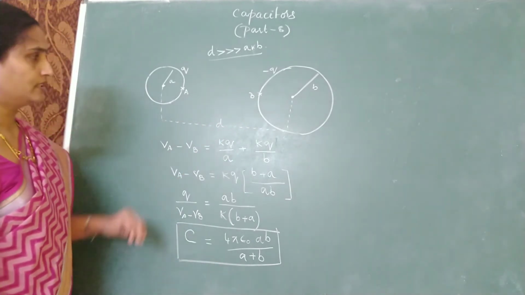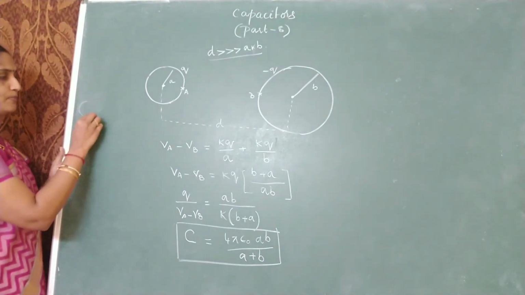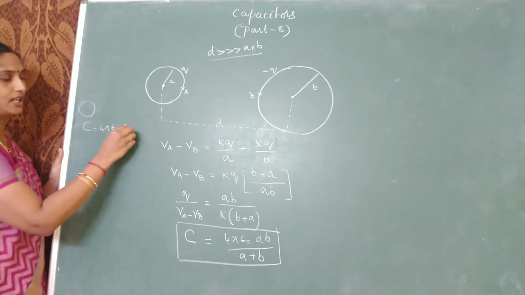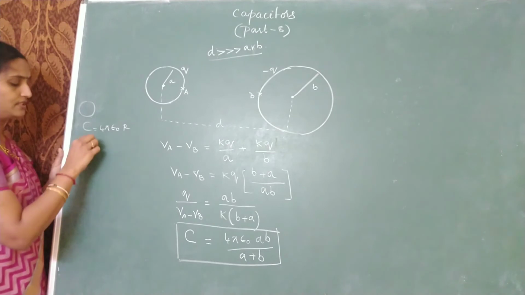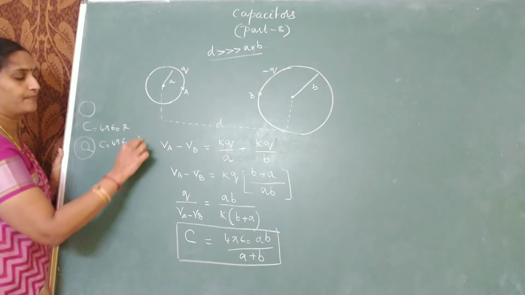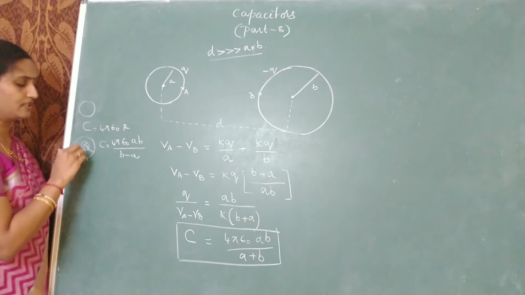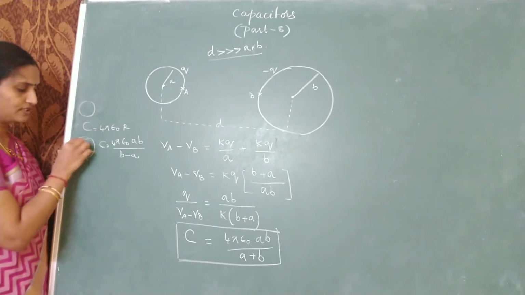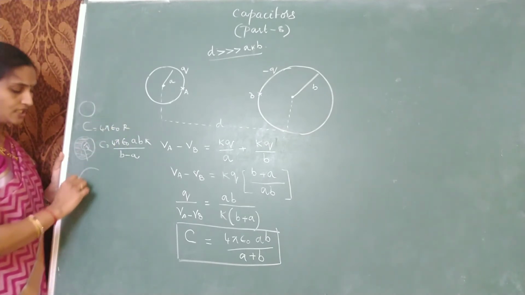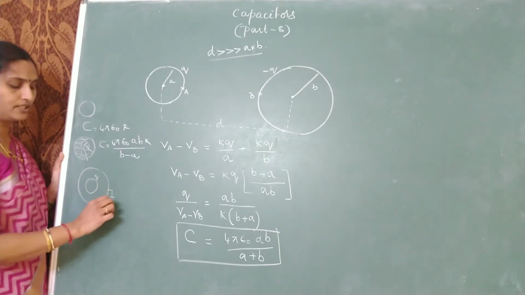Now, all put together in two spherical conductors, if I write the formulas: for a simple sphere, what did we get as the capacitance? 4 pi epsilon naught R. For two concentric shells between A and B, it is 4 pi epsilon naught AB by B minus A. Inner radius is A, outer radius is B. If you fill this region with dielectric, we have to multiply with K times. Then we have seen this case: two concentric shells, inner one is charged, outer one is earthed.